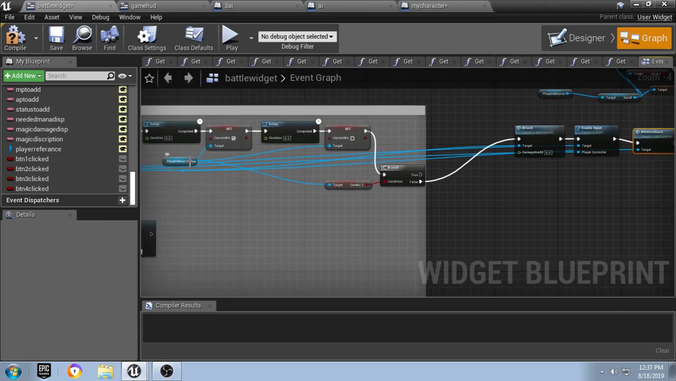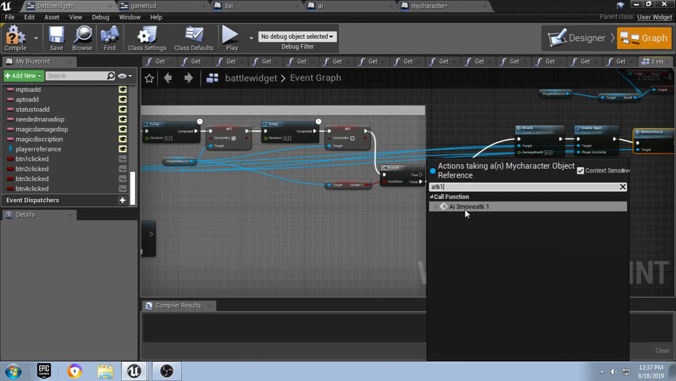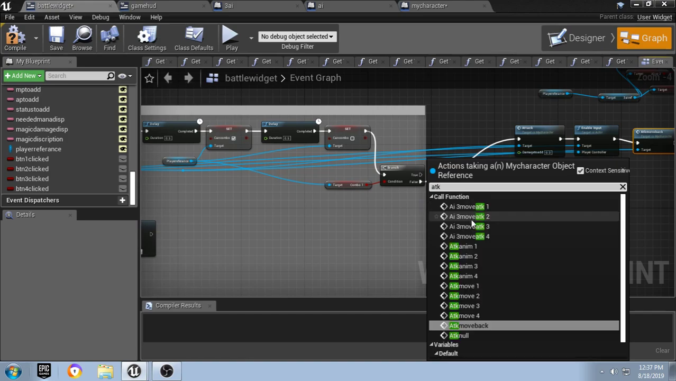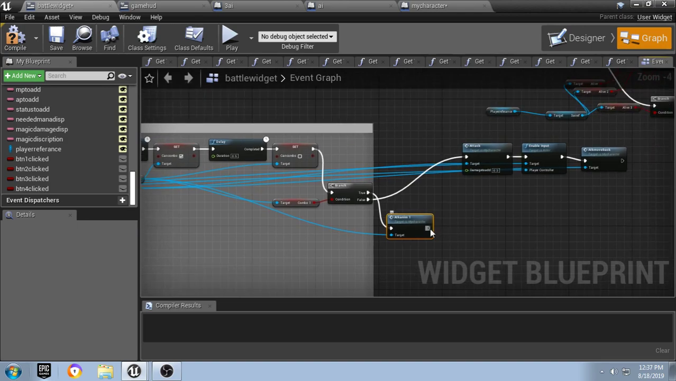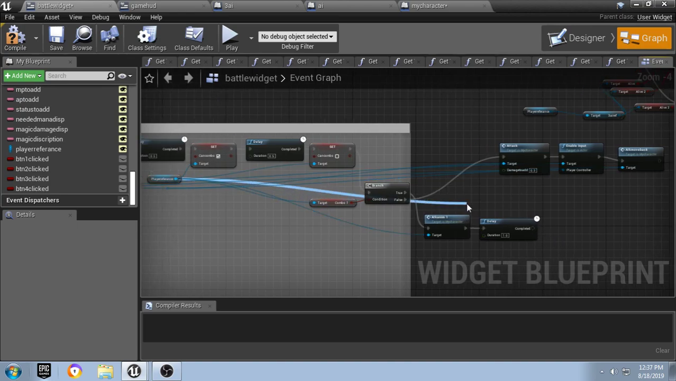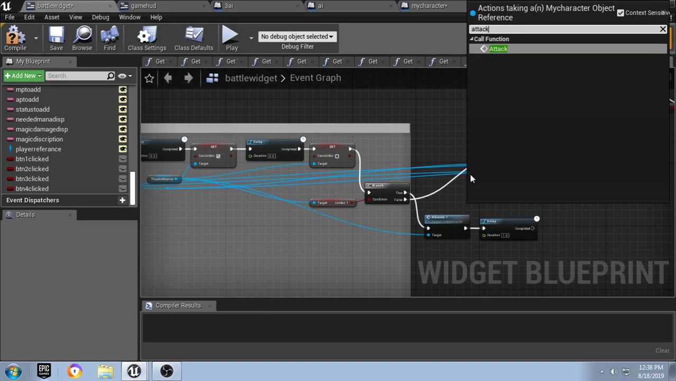we're going to drag off of our player reference and say attack anim 1, and we'll play that, and then we will run a delay of 1 second, and after that delay we're going to drag off of our player reference and call attack,